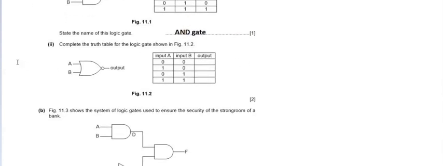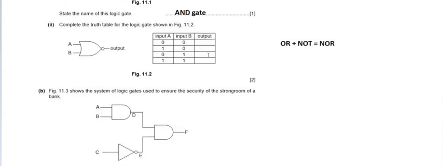Now we will see the second sub-question in this part A. Complete the truth table for the logic gate given in figure 11.2. You can see this figure is given. We had already seen this kind of logic gate also. This is the NOR gate. What is a NOR gate? A NOR gate is basically an OR gate plus a NOT gate. The combination of both of them is the NOR gate. To solve any truth table, I already told